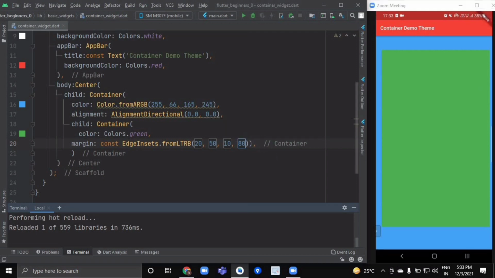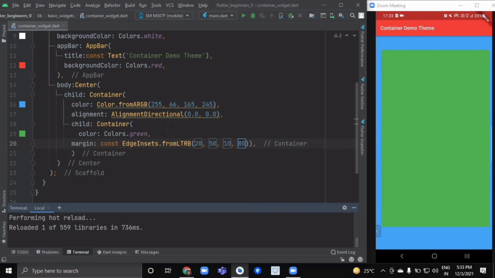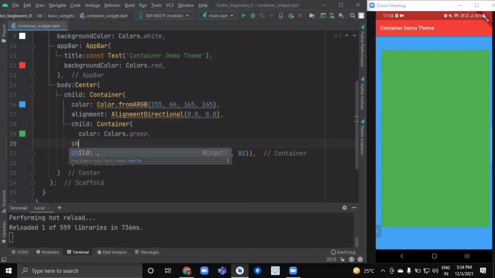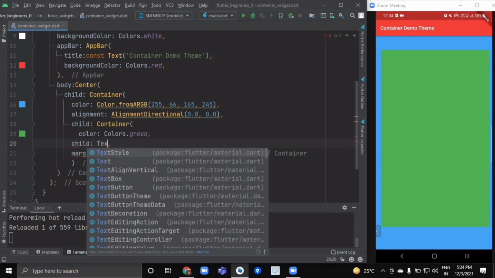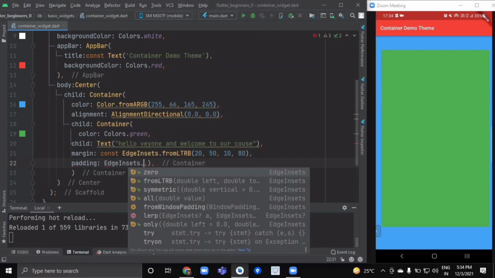So if I provide some text inside this container as a child, and now use the padding property, again we can use the padding property using the edge insets.